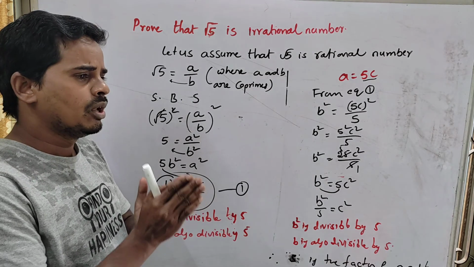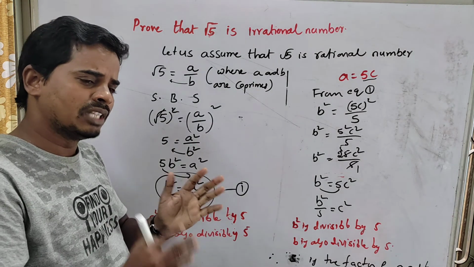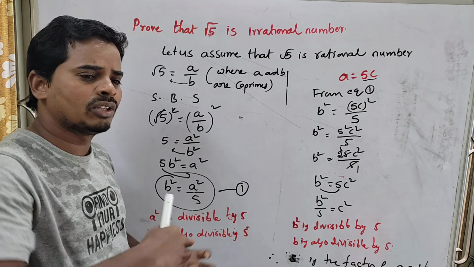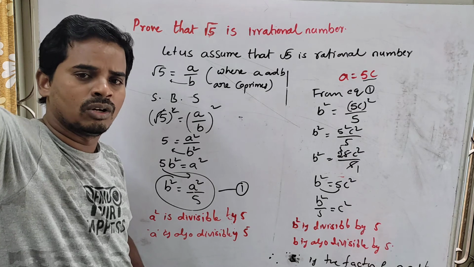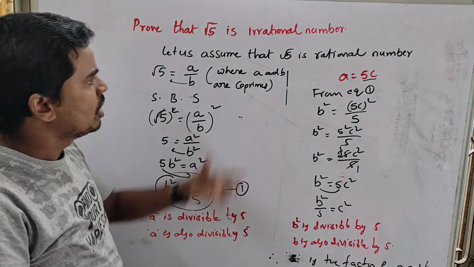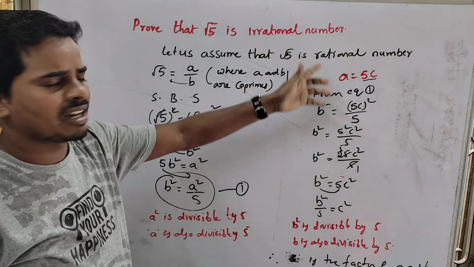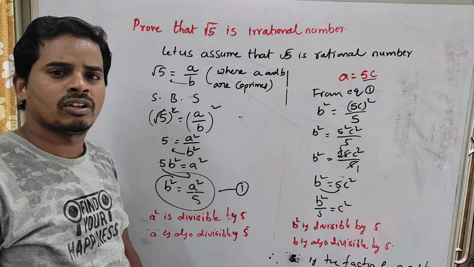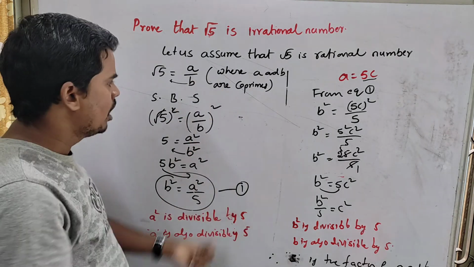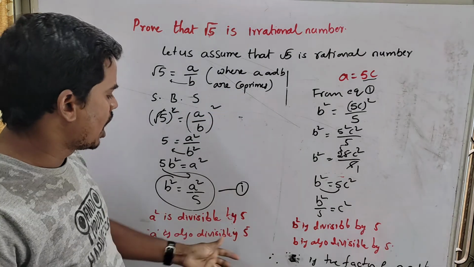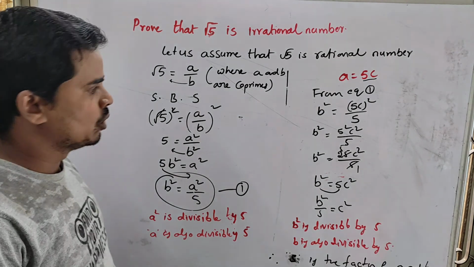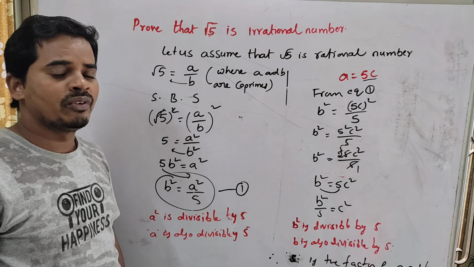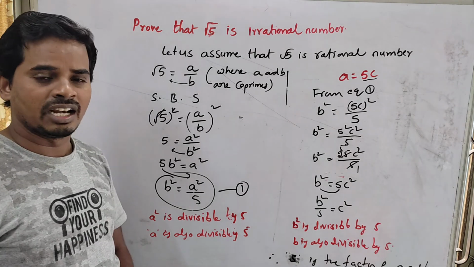Students, if you want to go to your home, only the right way takes you home. If you take the wrong path, it will lead somewhere else, not to your house. Like that, if we take root 5 as a rational number, absolutely it is wrong. It is not at all correct. Because of that only, the co-prime numbers are showing 5 as a factor for them. Okay students, so this is the way you have to prove a number is irrational.